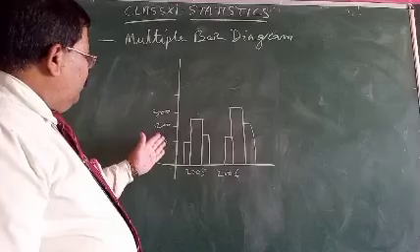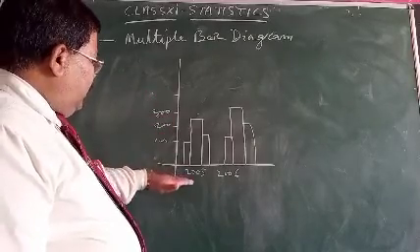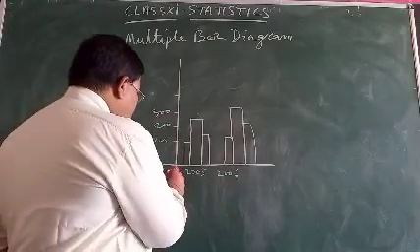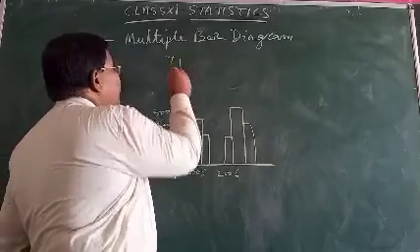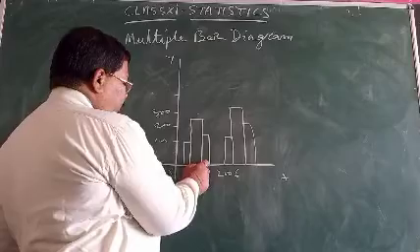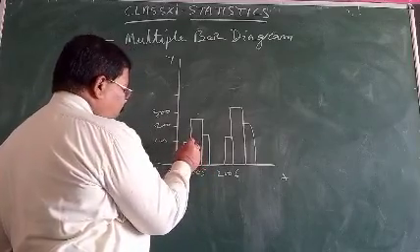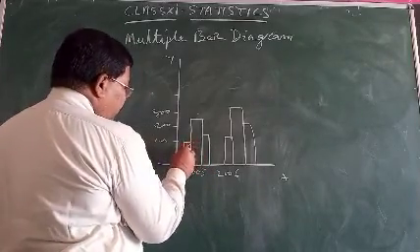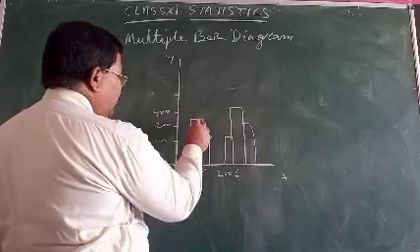You have to put here the variables and here the year. This is the origin, this is the y-axis, this is the x-axis, and this is the bar. This is it. You can shade it like